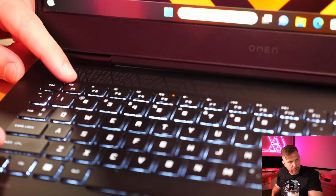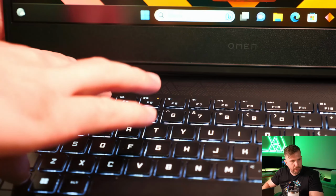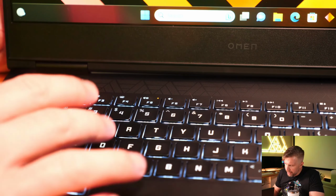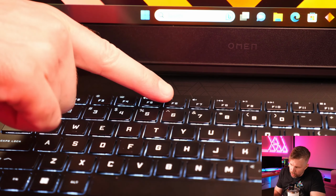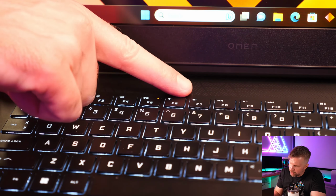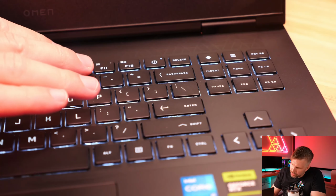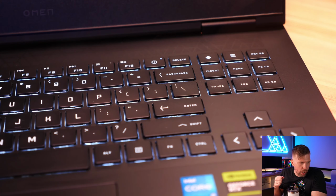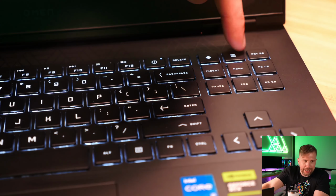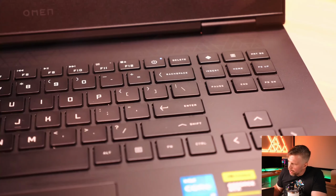Display monitor function over here for F1. We've got display brightness up and down for F2 and 3. We've got keyboard backlight brightness on F4. Volume mute, volume down, volume up for F5 through 7. Rewind, pause, fast forward for F8 through 10, disable touchpad, Windows lock, power button, and delete for our last buttons over there. Then over here on the right, we've got an Omen button, a calculator hotkey, print screen, insert, home, and